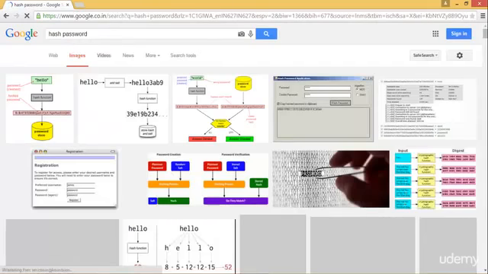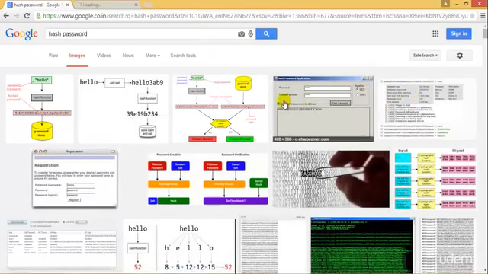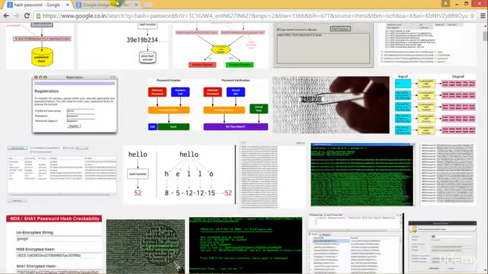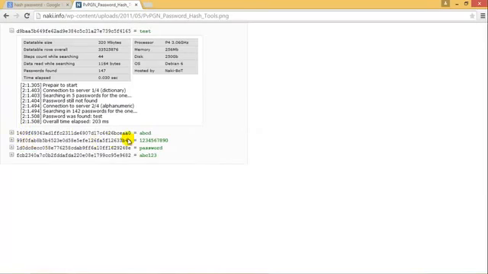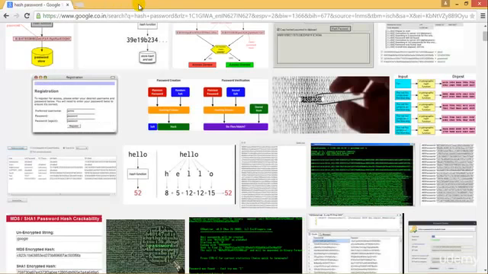Let me see. Okay, so I'll just go ahead and open this. I'll just show you the image. So this is how a hash password looks like. This is the actual stuff, ABCD, and it's converted into the hash one. We have 120, and that's again converted, and this is how it looks like in total. So it's just a one-way encryption. It cannot be decrypted back,